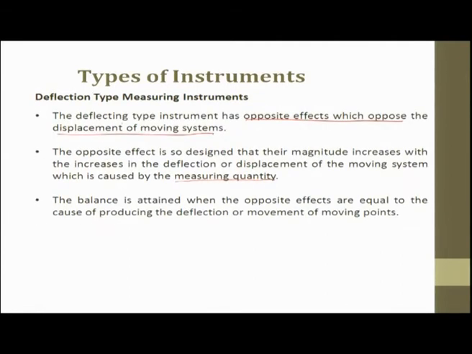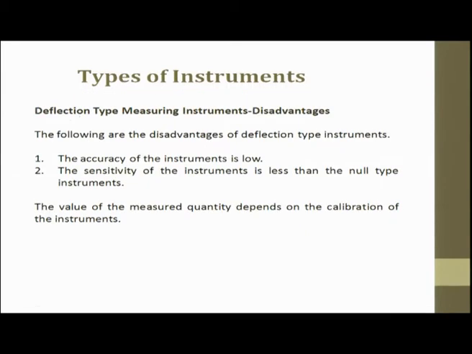If you go back and see whatever we have discussed, we have told you many things. The deflecting type instrument has an opposing effect which opposes the displacement of a moving system. Here you can understand the opposing system is a spring. Now, the following are the disadvantages of deflection type instruments. The accuracy of the instrument is very low,